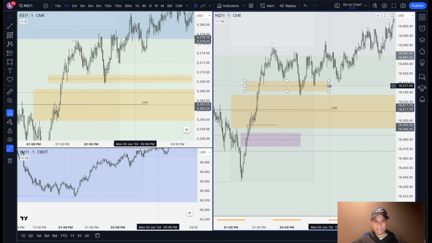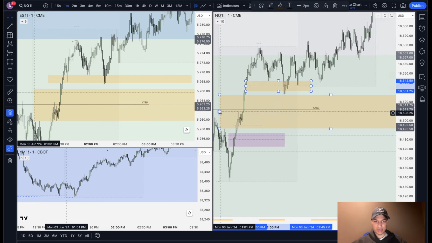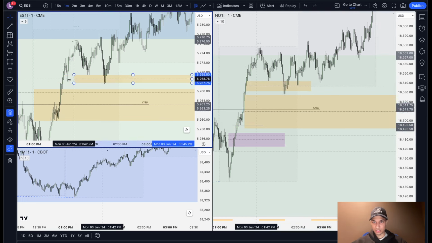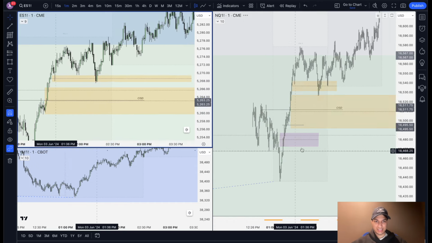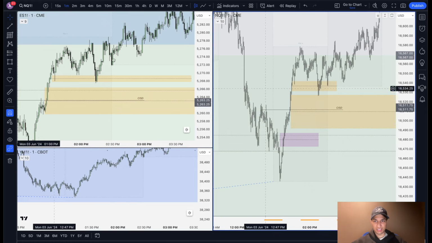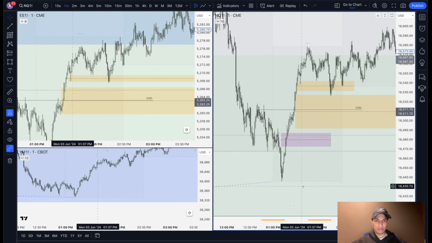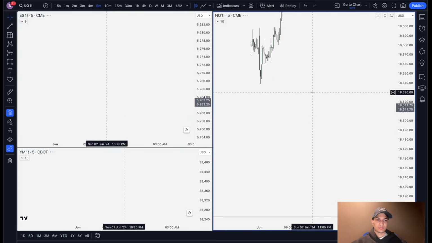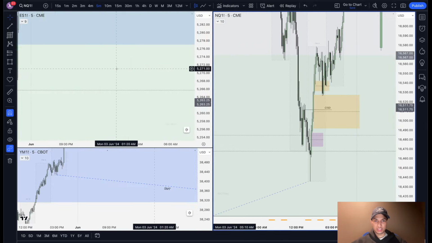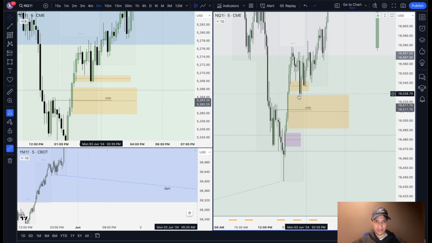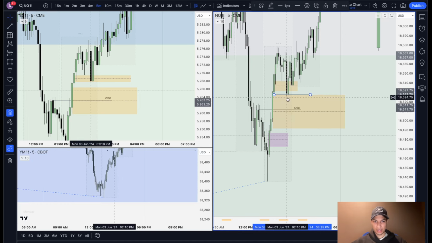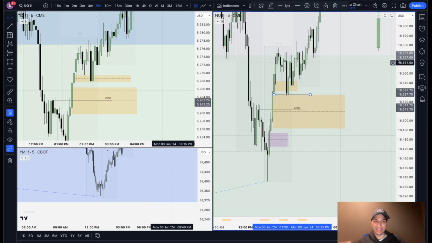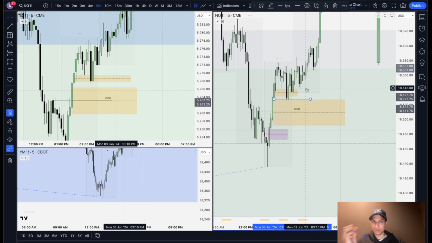So as you can see, I have both of my 15-minute gaps marked out here. I'll just drag them over to the left. Now I'm looking for a reason to get long. I've seen my change in state of delivery. I've observed it. Now I want a reason to get long in the market. As price comes into this 15-minute fair value gap with something called institutional order flow entry drill, where it just taps the open, I see the signal I need to get involved in the price leg,